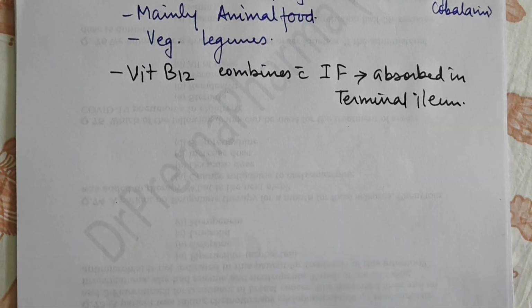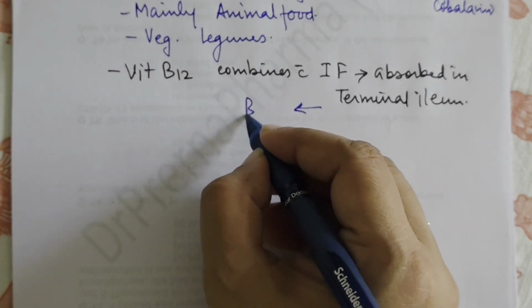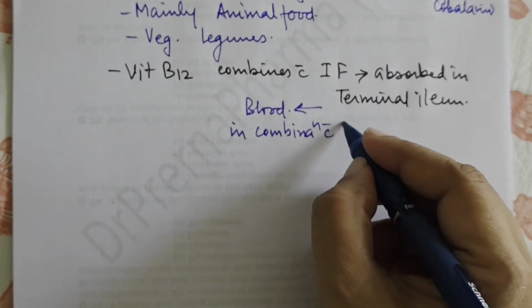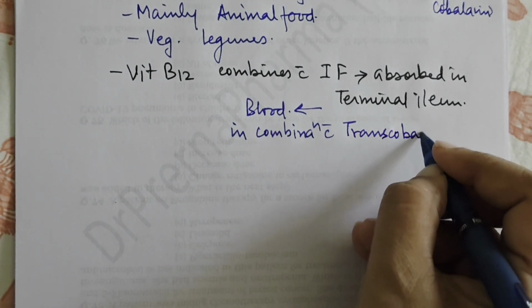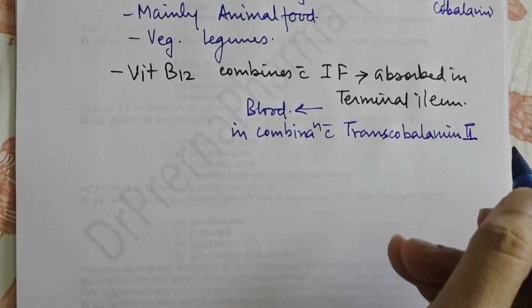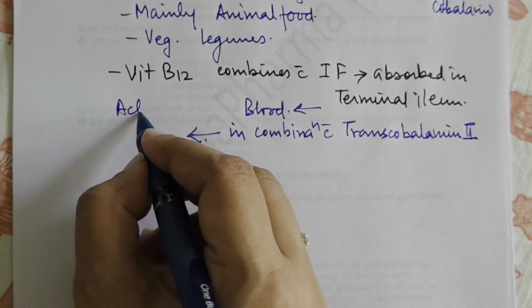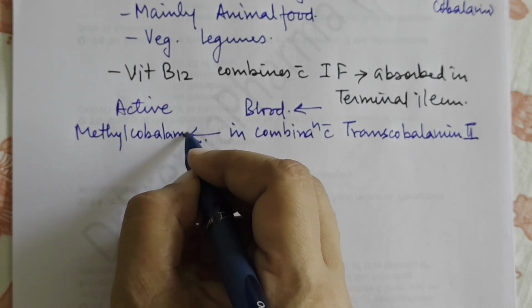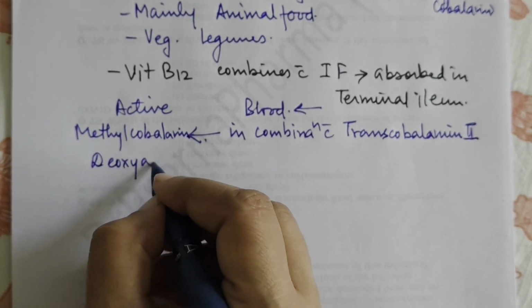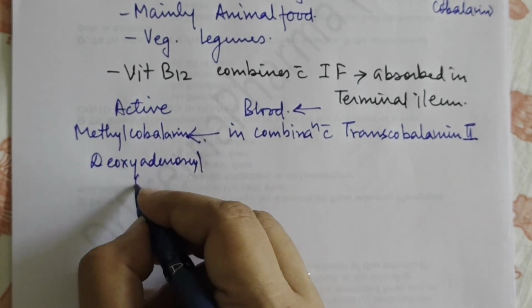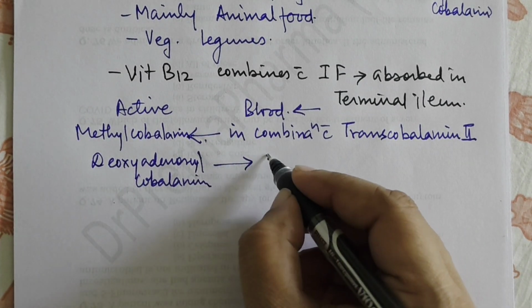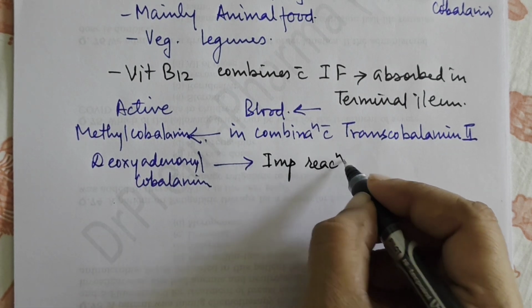Okay, then from there it is blood में जाता है in combination with transcobalamin 2, right, and it is then converted into active, which is methyl cobalamin and deoxyadenosylcobalamin, and from here it again used in many important reactions like